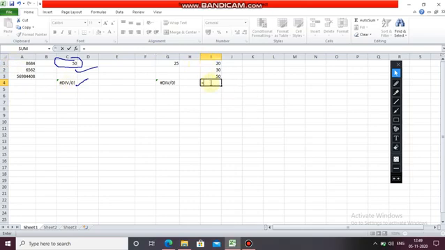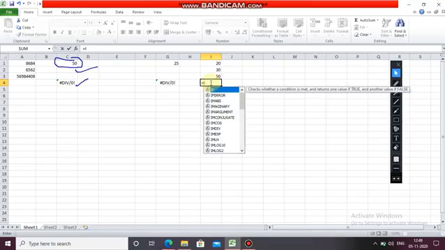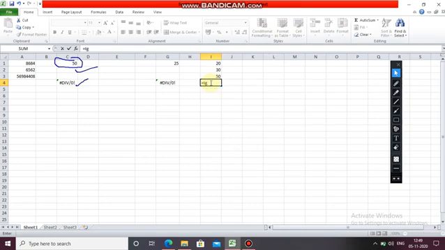Okay, so you have taken, instead of A you have taken I. Plus I2 plus I3. See, after pressing enter, #NAME? means I have used a wrong cell reference. So the answer shows an error.